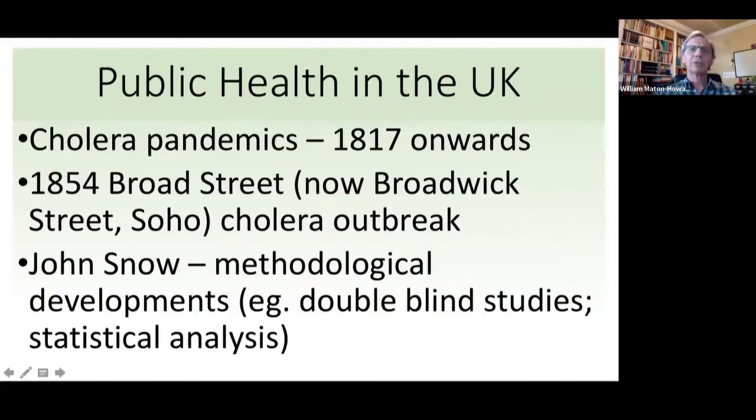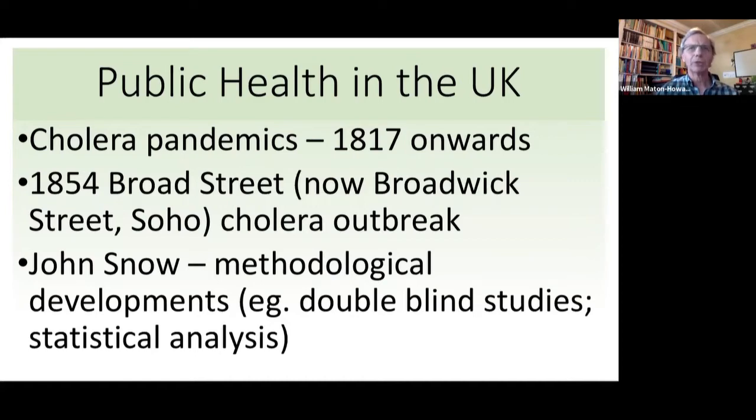Now, over the past 200 years, another highly impactful communicable disease has been cholera. There have been numerous cholera pandemics since the first one, which began in 1817. During the first half of the 1800s, there were 3 major cholera pandemics, each lasting some years, and little was really known about the causes or how to prevent it. 2 major competing views focused on whether transmission was airborne, the so-called miasma theory, or whether it was waterborne.